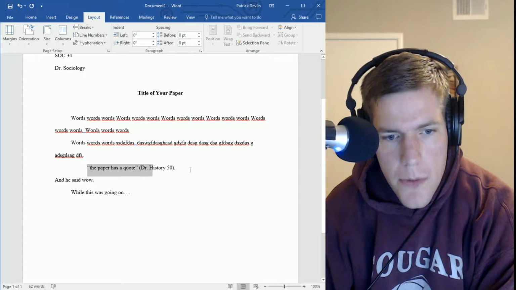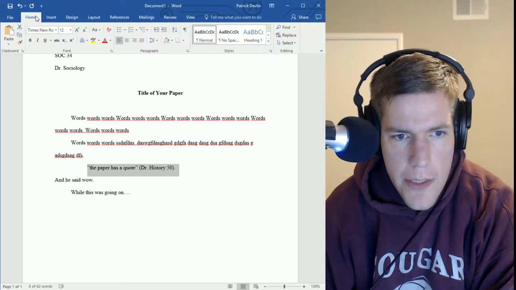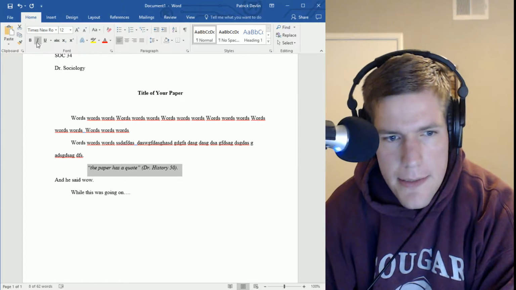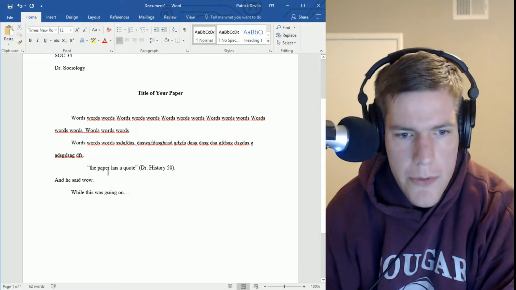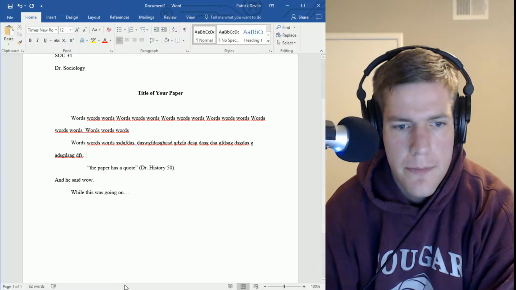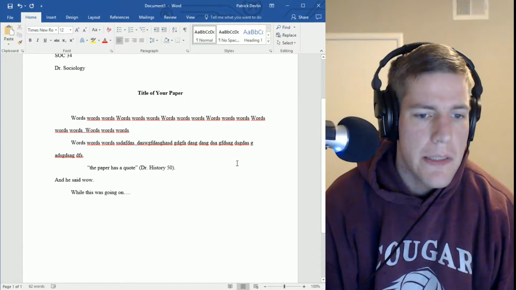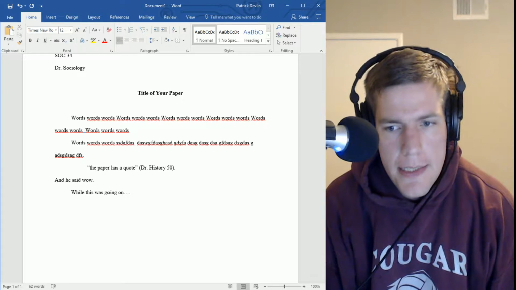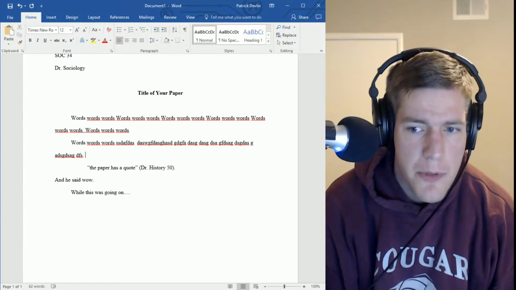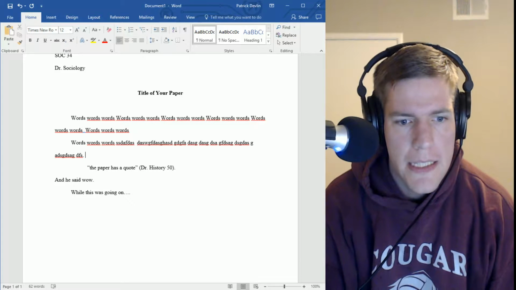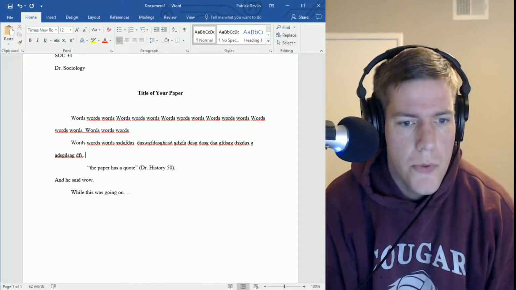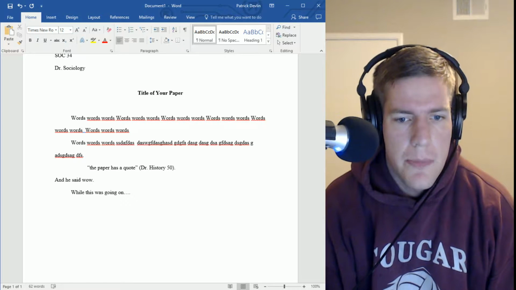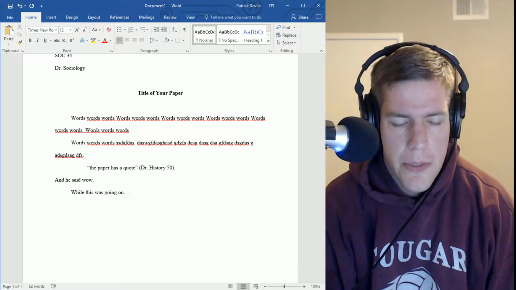Some people also go an extra step and they're like, well, I need to make this italics. Not really. The very fact that you've got this in quotes kind of shows that you're quoting someone else. One very important thing, though, is some professors get really into the whole plagiarism thing, and it is a very important issue, but to protect as much as possible against getting accused of plagiarism, you could always say,